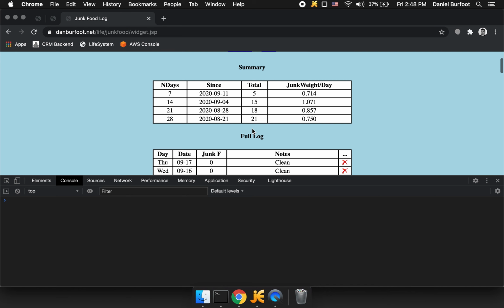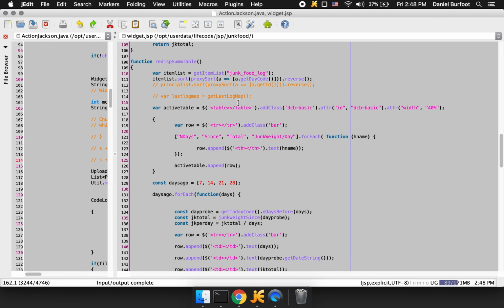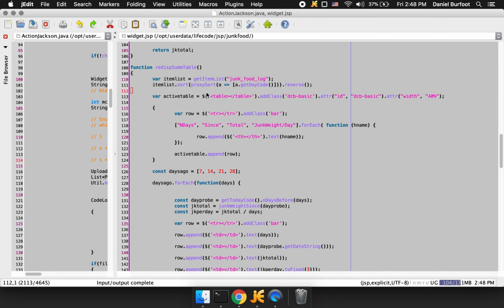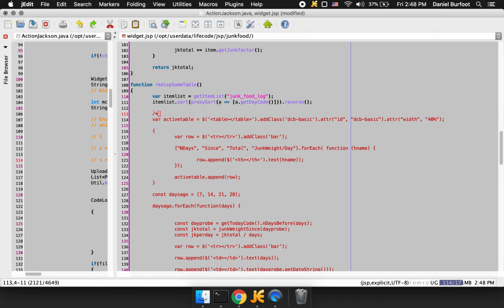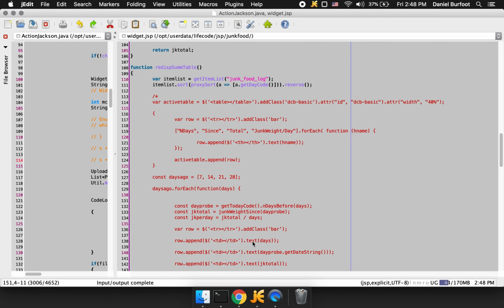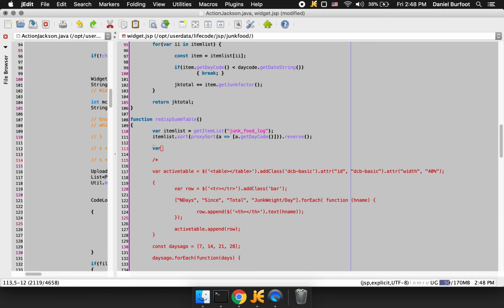So that was the full log, and now we're going to go to the summary. And I've already written all the logic that does the computation. So again, it's just going to be ripping out this jQuery and adding in plain vanilla JS. I will use exactly the same approach that I used in the previous one. Table string equals